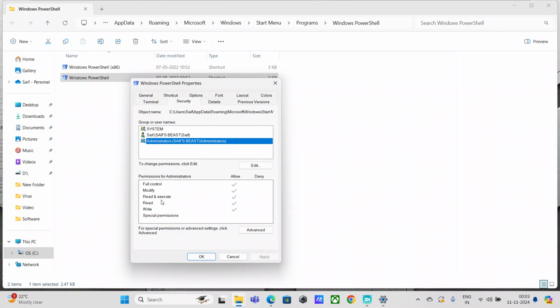Just give read permissions alone, not full control permissions. Basically we need to remove the full control, modify, read and execute, and write permissions. So only give the read permissions to those non-administrative accounts,